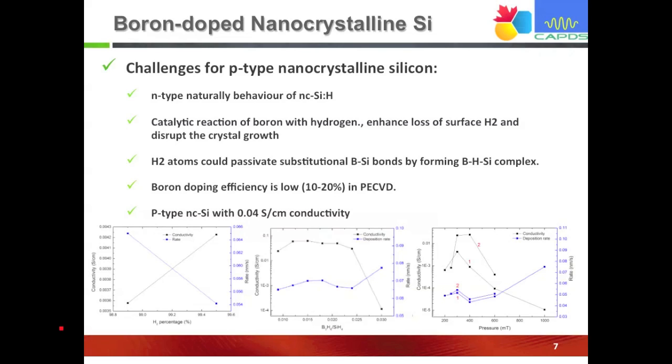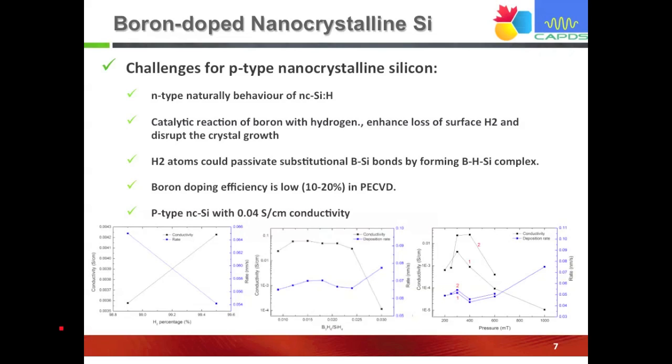And the other problem is the catalytic reaction of boron with hydrogen, which somehow enhances the loss of surface hydrogen, and the crystal growth of the layer is going to be changed and move toward an amorphous layer instead of the nanocrystalline layer. Right now, by controlling the hydrogen dilution ratio, the ratio of the boron to the silane, and controlling the pressure of the